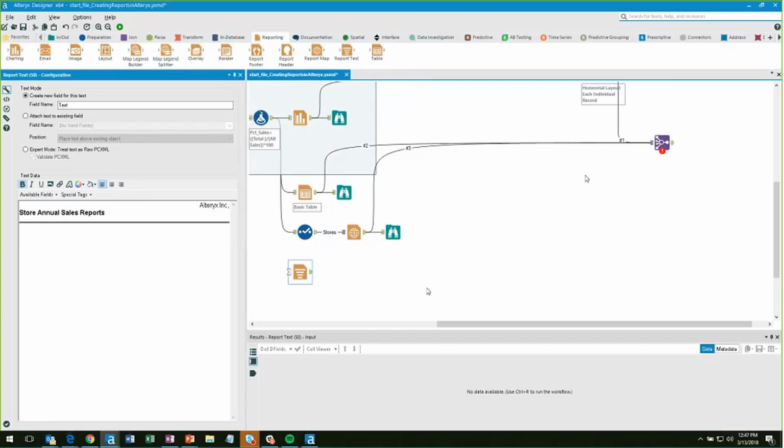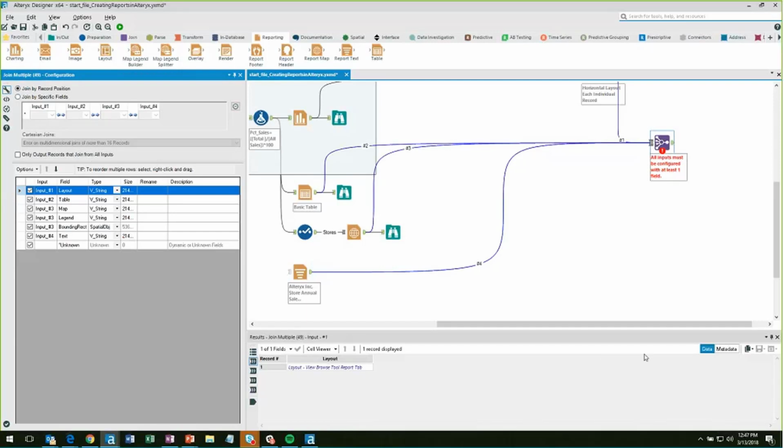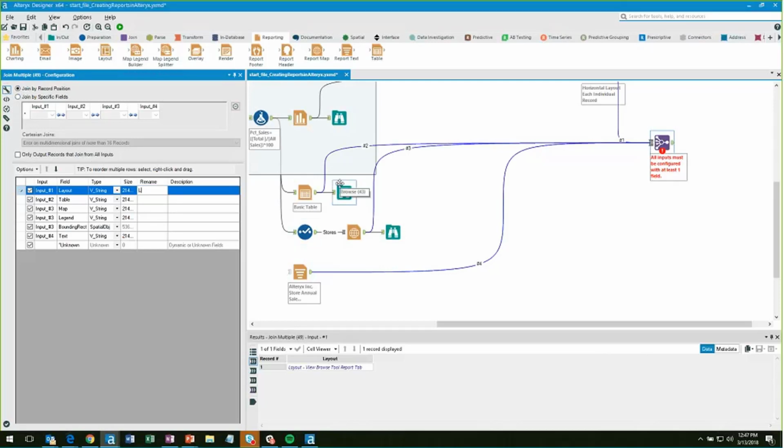So now that I have this header, I am going to connect my header to my join multiple. I'm going to choose to join by record position because I don't have a common field across all the components. That layout is my line/pie chart. The table is my table. The text is my title. And the map,